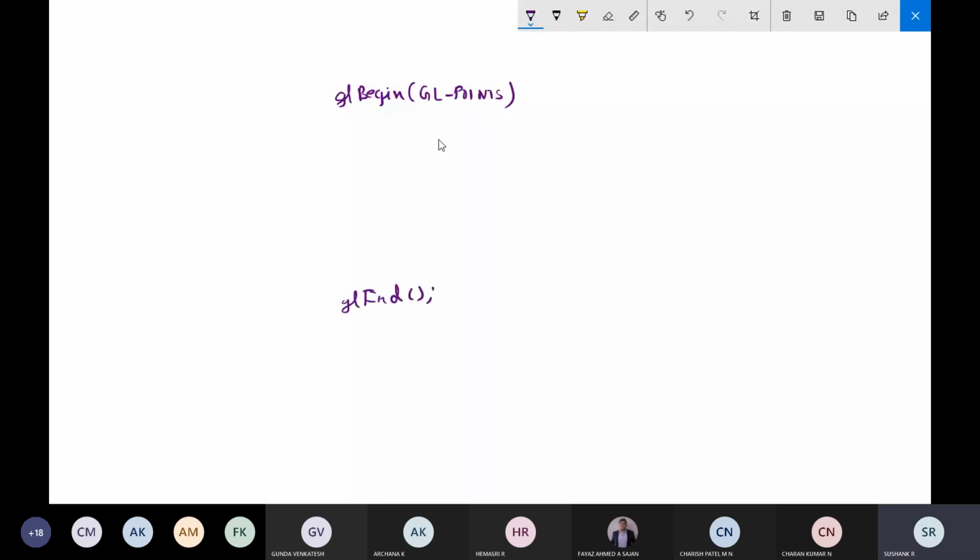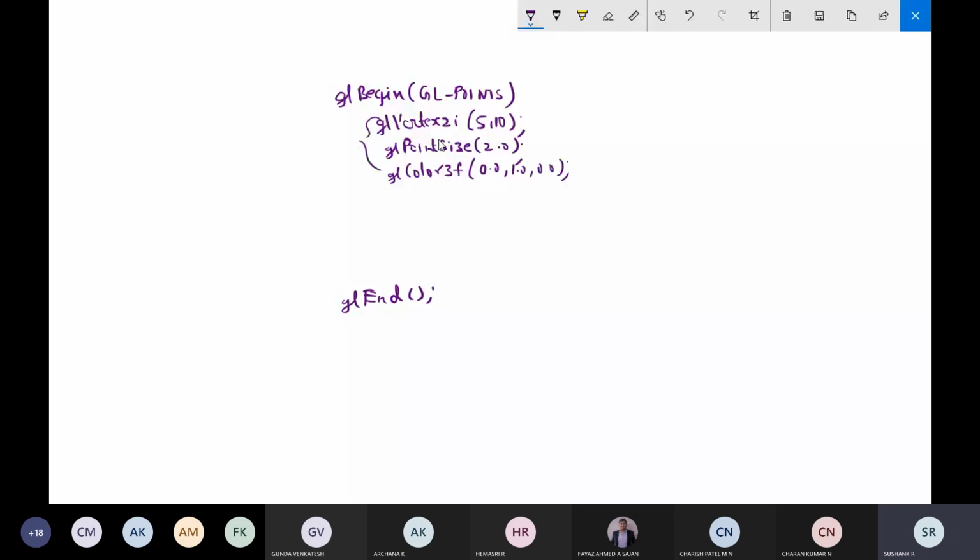So this is the beginning of the points and the end of the points. I can write the vertex and its position, then the point size, then the color. I will give some color. Like this you can write.